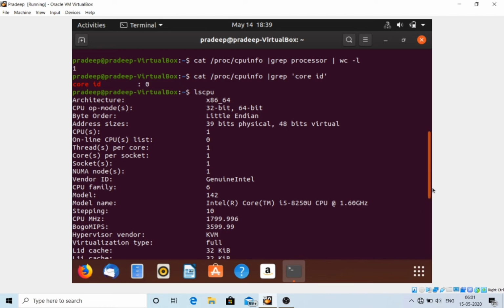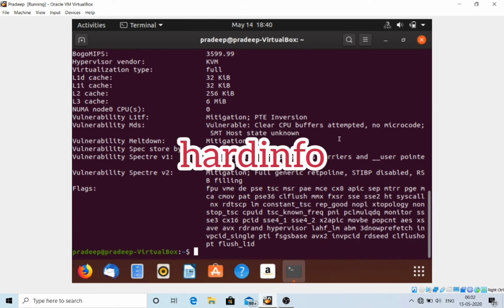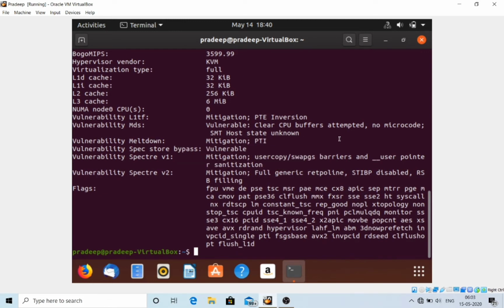Our third command is hardinfo. Hardinfo is basically a GTK based GUI tool that generates a report about various hardware components, but it can also run from the command line only if there is no GUI display available.